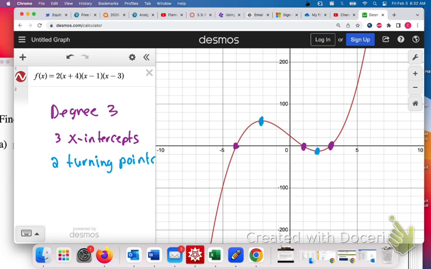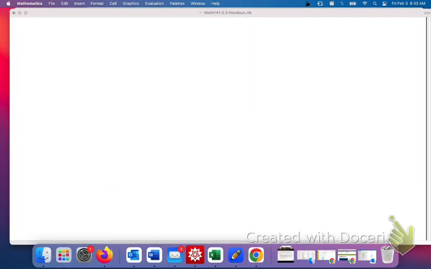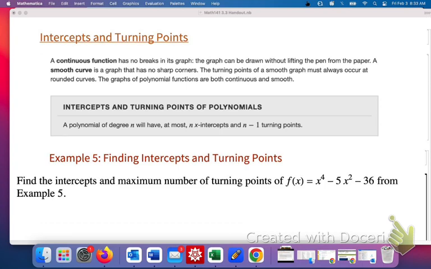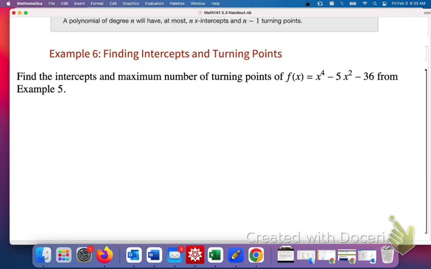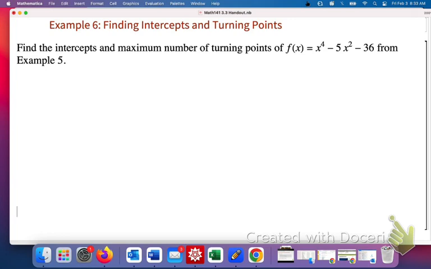Okay, so let's go ahead and do an example where we answer that question. Now, the same function from part B, and by the way, this was supposed to be example 6, not 5. Okay, it says find the x-intercepts, and using those x-intercepts, what's the maximum number of turning points of the function f of x equals x to the 4th minus 5x squared minus 36. Now, this function f is a degree 4 polynomial, so it